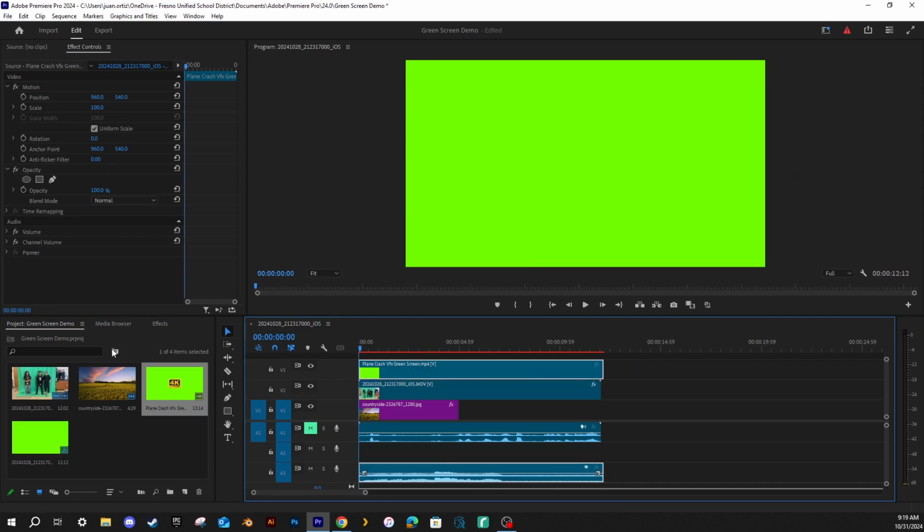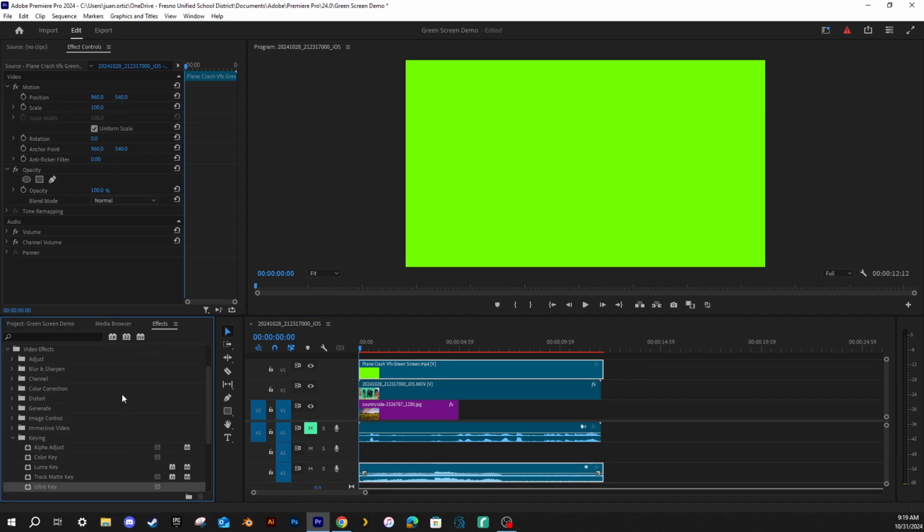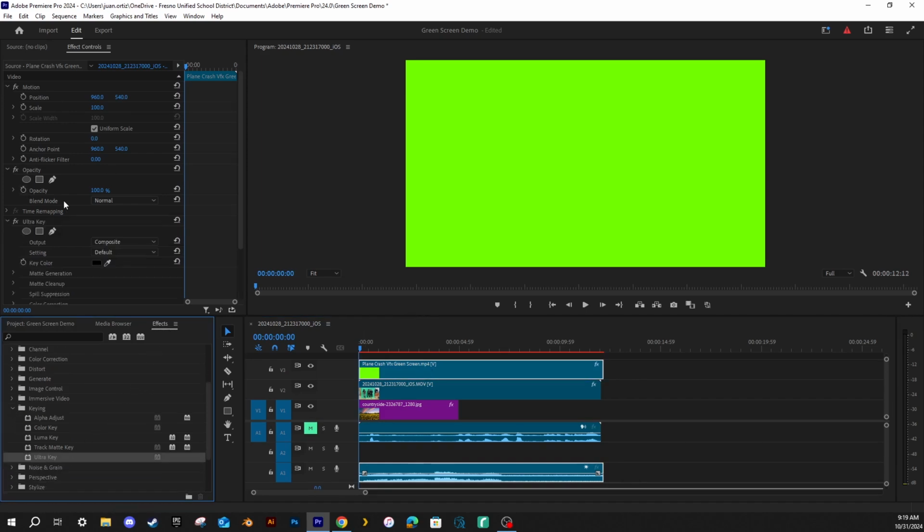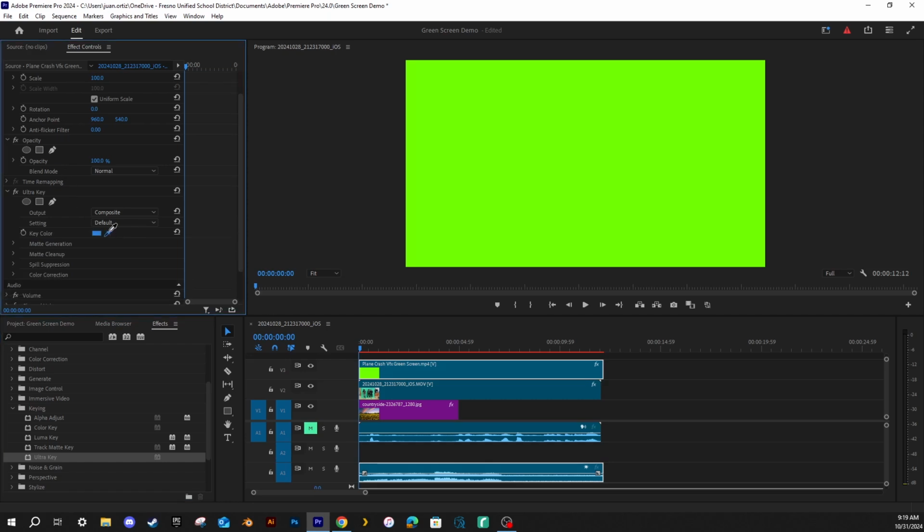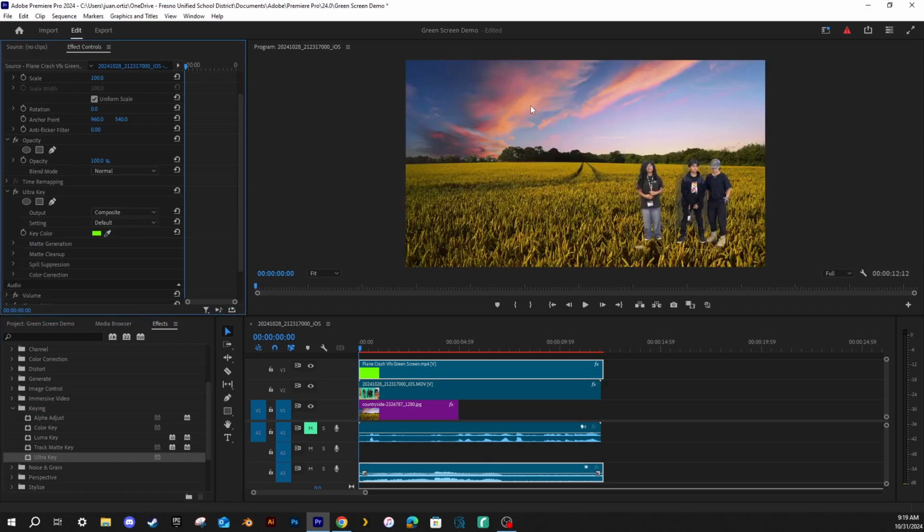I'm going to go to my effects. We're just going to do the same thing we did the first time. Drag the Ultra Key onto that. And then I'm going to tell Ultra Key, click the dropper, choose the green, and now that green is gone. But when I hit play, you're going to see